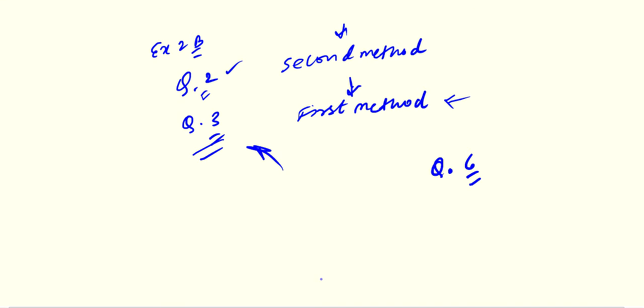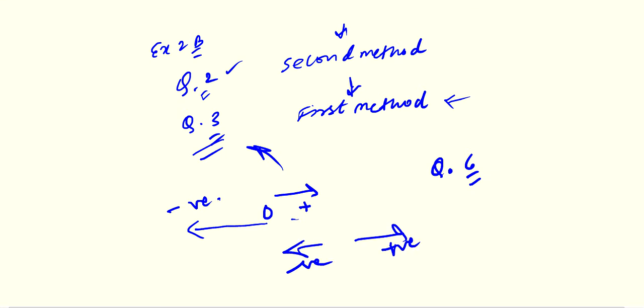Then question number 6 is about fractions, rational numbers, and you have to write their side from 0. And you know very well that if you have a positive rational number, positive is always on the right side of 0. पॉजिटिव रैशनल नंबर्स हमेशा ज़ीरो के राइट साइड में होते हैं और नेगेटिव नंबर्स हमेशा ज़ीरो के लेफ्ट साइड में. ओके, सो राइट साइड पॉजिटिव वैल्यू, लेफ्ट साइड नेगेटिव वैल्यू.